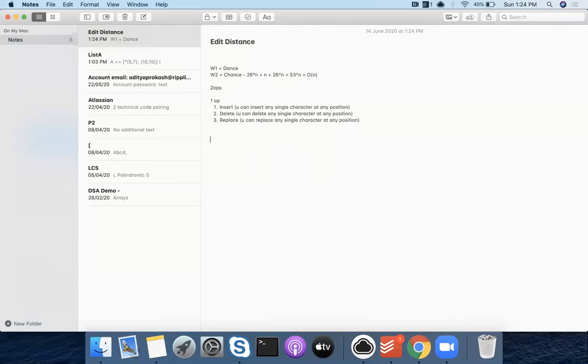Okay, so the solution is simple and it uses dynamic programming. You pick, so this is dance and this is chance. It is on the lines of what we have done; we will just add one layer on top of it, which you will know, called memoization, where we won't repeat for strings that have already occurred. And this is how it will go.